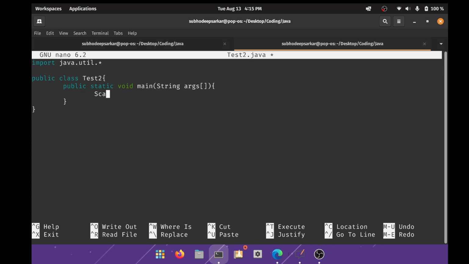Scanner sc = new Scanner(System.in); int x = sc.nextInt(); and I was going to say System.out.println("enter number");